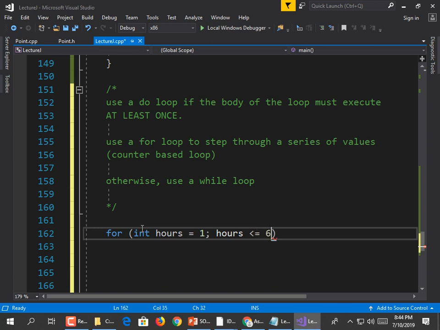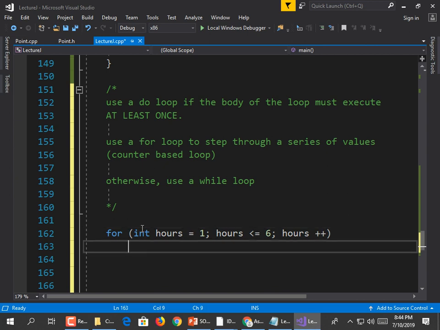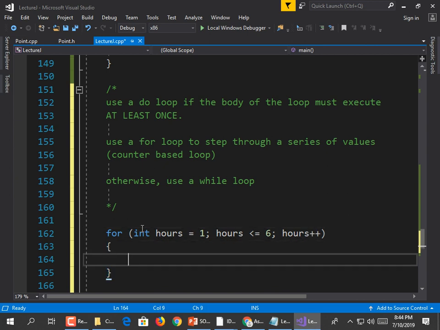Hours less than or equal to 6, semicolon. Hours plus plus, we're only going to go up 1 hour each time, in parentheses, open curly brace. Now let's do the same thing for minutes, except we're going to start our minutes at 0